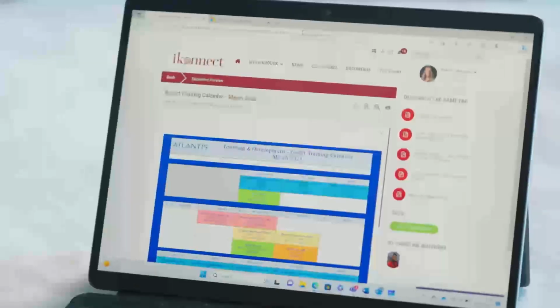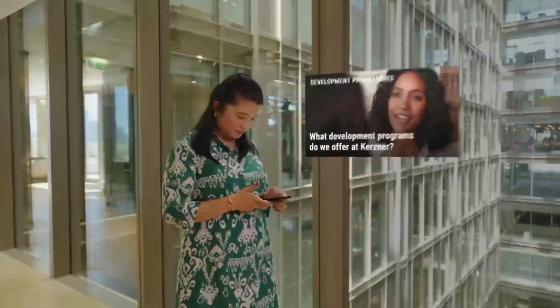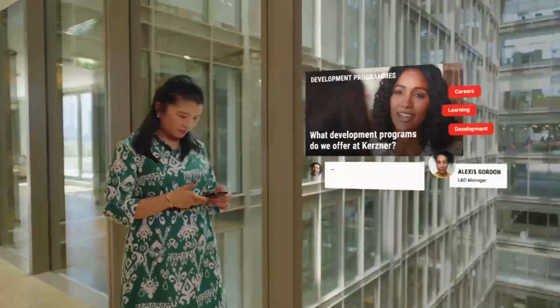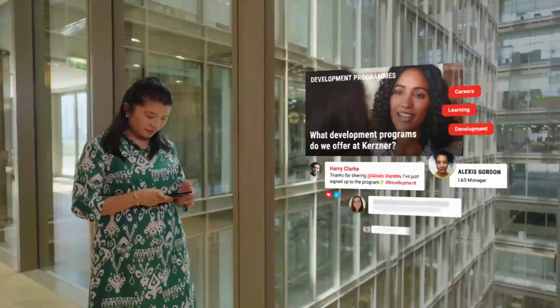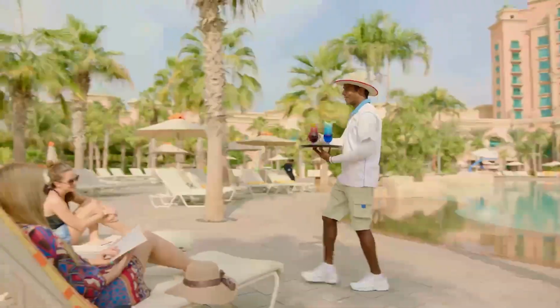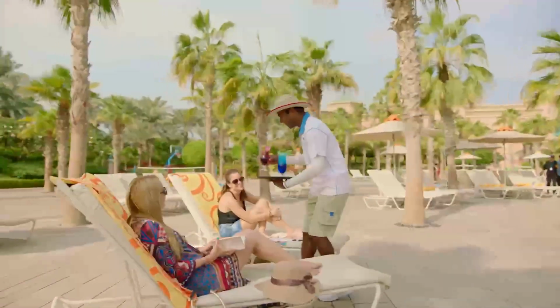It creates brand pride and it motivates colleagues to go and deliver that extra service. Our learning and development on iConnect has access to all of our different programs. The more we publish, the more we see people's interest being piqued. With iConnect, colleagues are engaged, know more about the business, the product, the features, the benefits, and the facilities that we have, so that we are giving the best of our abilities to our guests and ultimately achieving the business